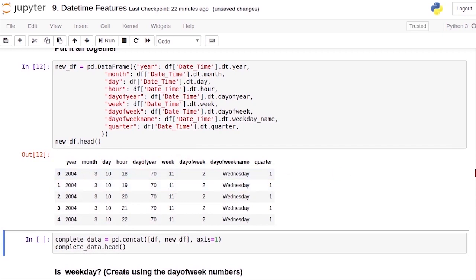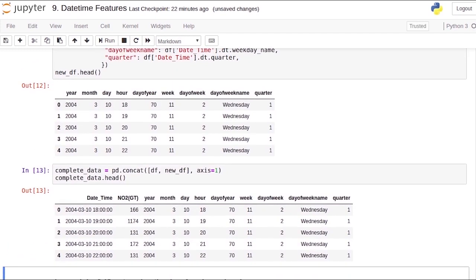How cool is that? Now I'll add all these features right back to our original data frame using the pd.concat function, basically concatenation. And here we have the new data set. Isn't it amazing? We just had date_time and NO2 when we started. And now we have all sorts of very useful variables.